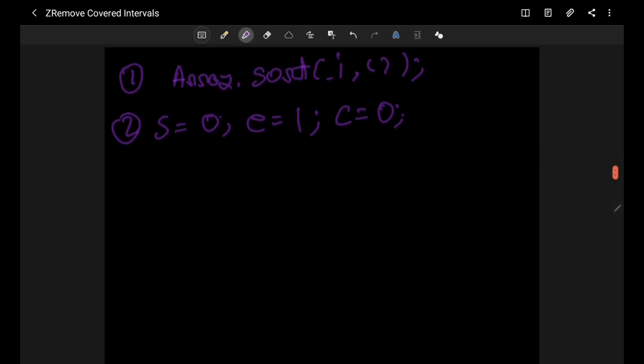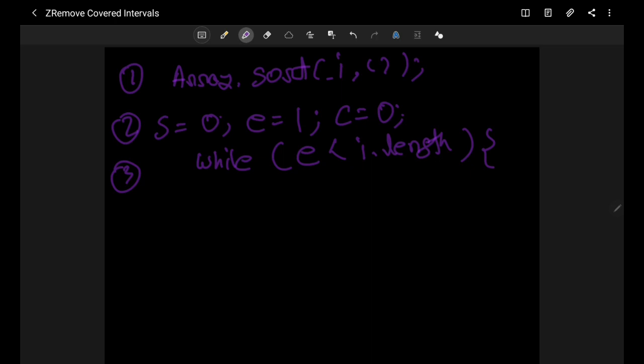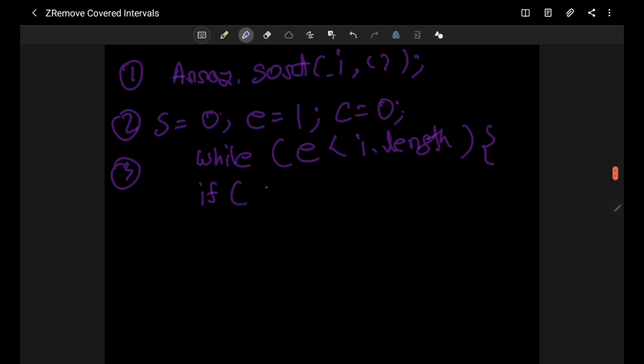Okay, so now we can write one while loop, and our while loop will run till my end is less than I, our interval array, dot length. So we need to consider all the intervals, right? We need to scan all the elements of the interval array. Now, at first I will check if my start is equal to end.